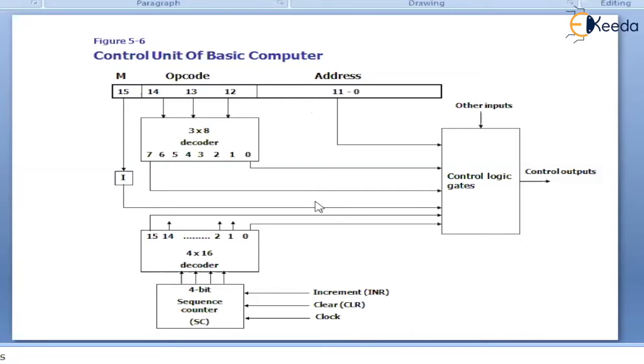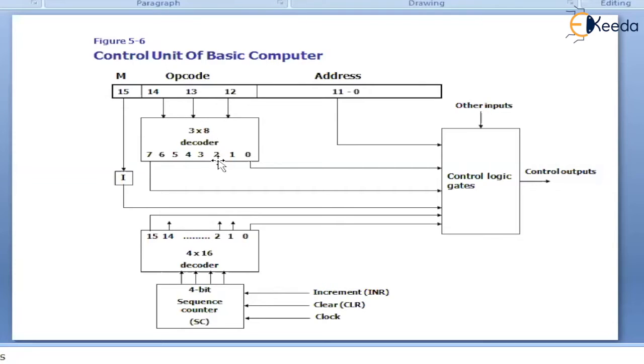Now, it is our duty to decode this instruction. What is to be decoded? This opcode must be decoded. The opcode is 3 digits. In order to decode a 3-digit opcode, I do require a 3x8 decoder. These 3 opcode digits will get connected to this decoder.